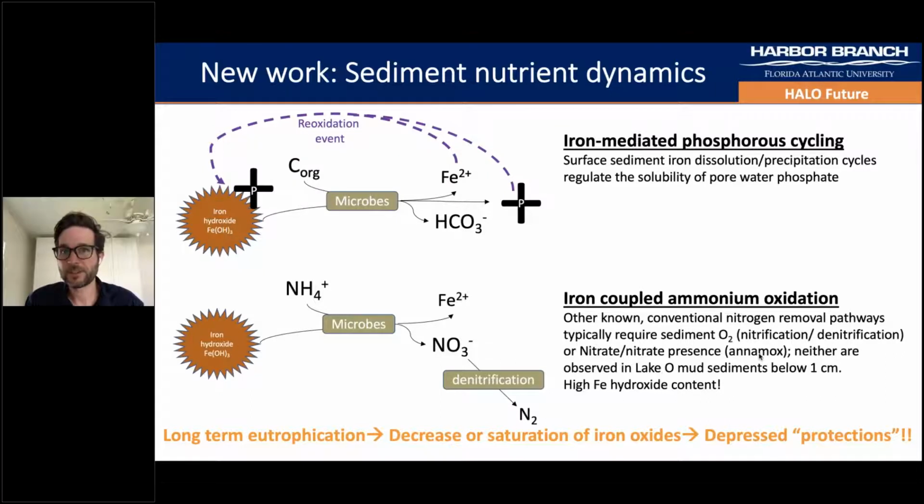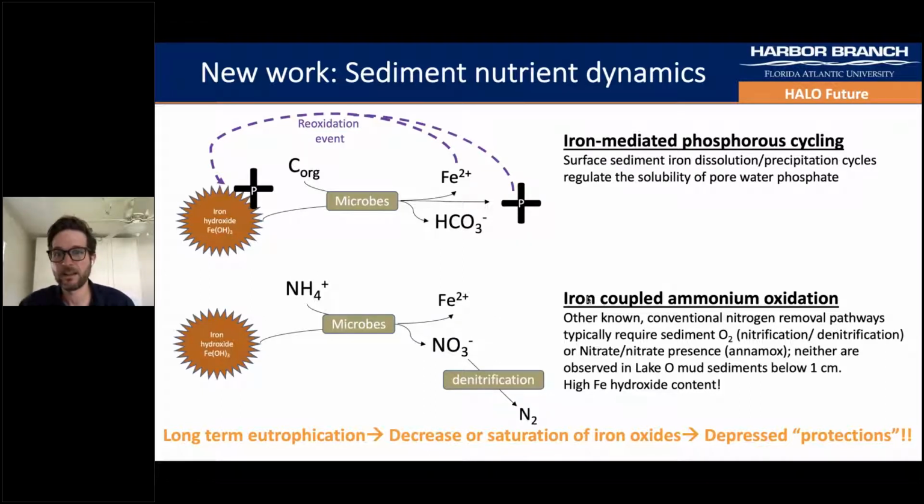So in terms of the sediment work that we're going to be doing, there's phosphorus and there's nitrogen. I already showed you some of that work from the electrochemical profiles. We're just going to be doing some more of that to try to really identify the iron controls on phosphorus cycling. But then we're going to look at a new process, and I think this is the first time I'm introducing this. There's a new biogeochemical process called FIAMOX, iron-coupled ammonium oxidation. It's already been demonstrated to be very important in Lake Taihu in China, which is very similar to Lake Okeechobee, but we even have more iron in our system,